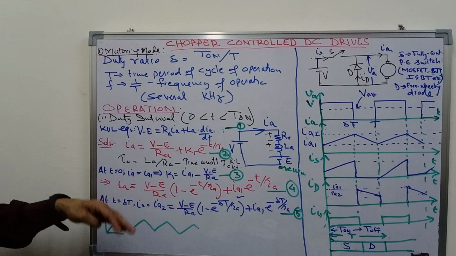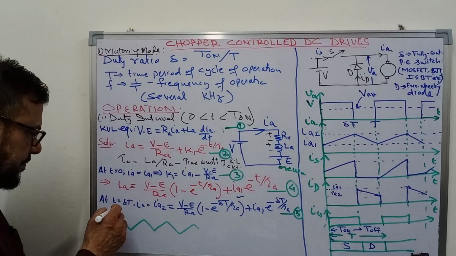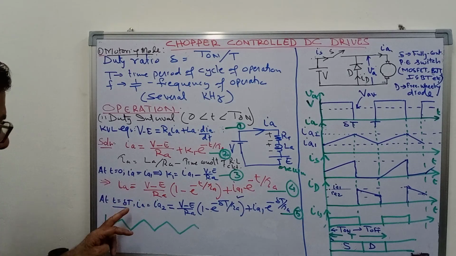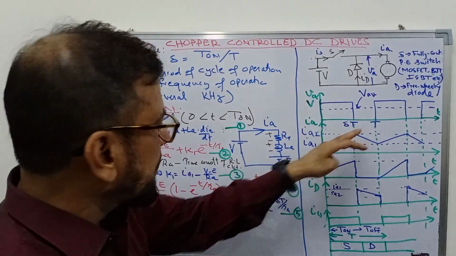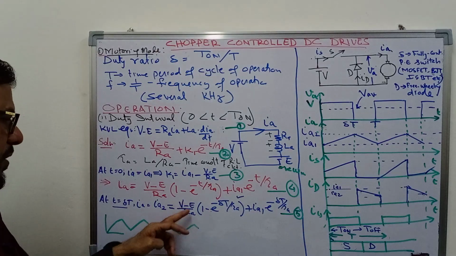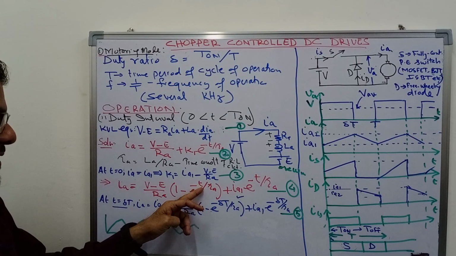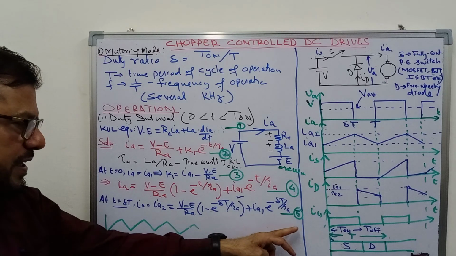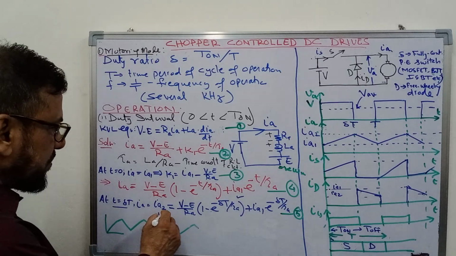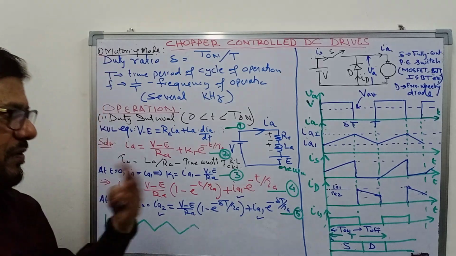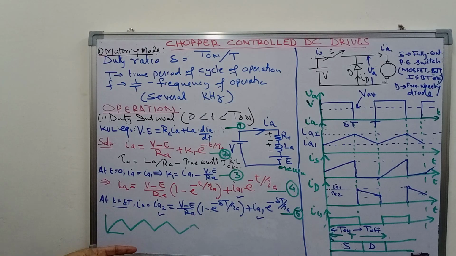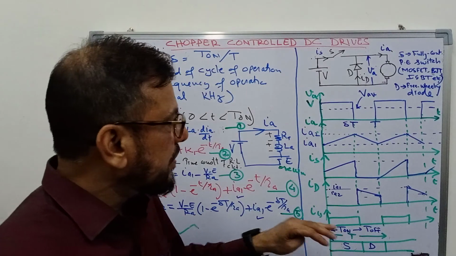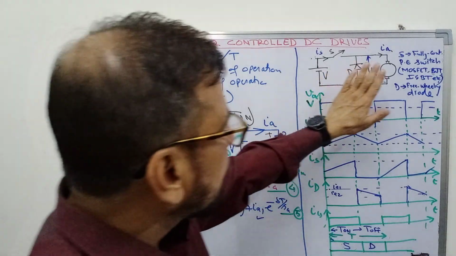At the end of the duty interval, that is t equal to tau A and delta t, you can see that the current will be equal to IA2. So IA2 will be equal to (V minus E) upon RA, just put t equal to delta t here, and this is the equation for the current IA2. So this IA2 is known in terms of IA1. Later on, when we do the analysis for the freewheeling interval, we can find out another equation, and that can be solved to find the values of IA1 and IA2. So let us first understand this completely.